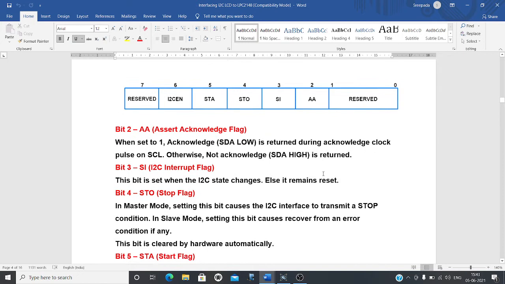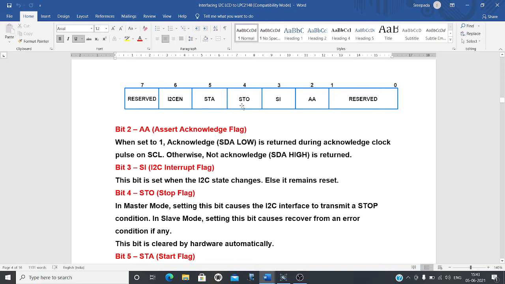Bit number 3, since counting starts from 0, is SI, which stands for serial interrupt. Whenever the data transfer is complete, this bit is set by the system. By monitoring this bit, you can ensure that the data is properly sent to the slave device.